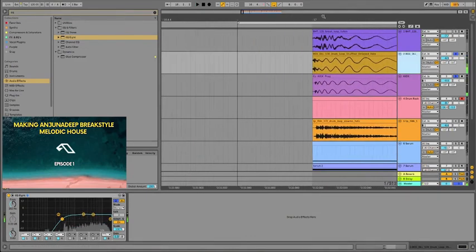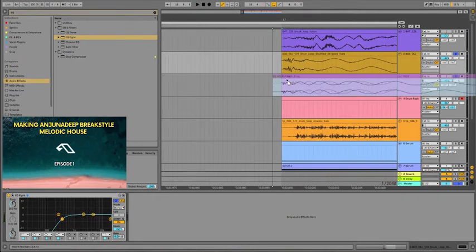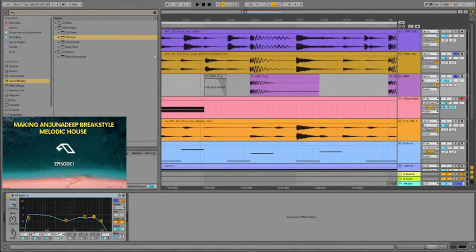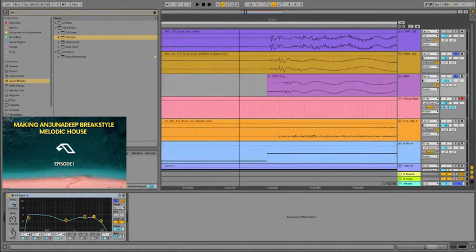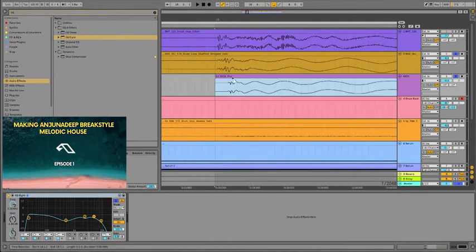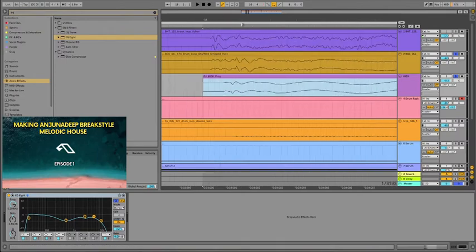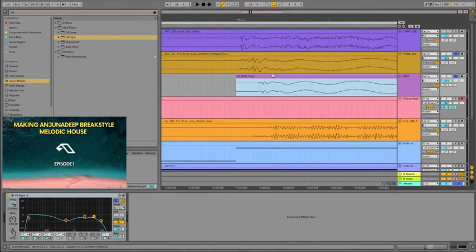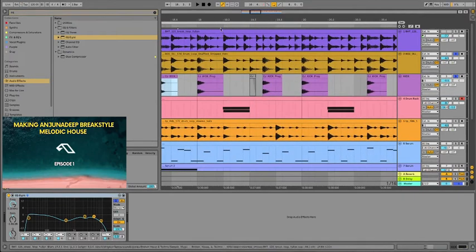Just want to make sure that these transients are kind of starting on the one. So what I might do is actually use this loop and that kick as a top kick by EQing out some of the components in here. You can actually do this in audio pretty easily, but we're just going to make sure we align these so they're kind of sitting on top of one another. Otherwise it's going to be a bit of a pain to mix if you're actually playing this out as well.